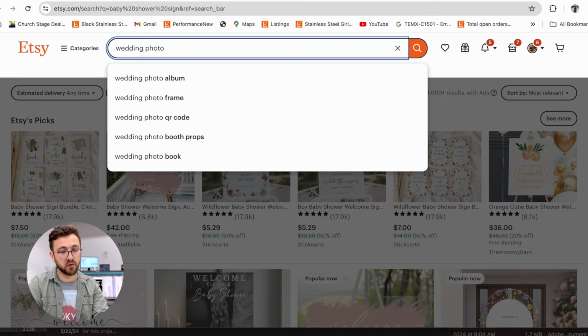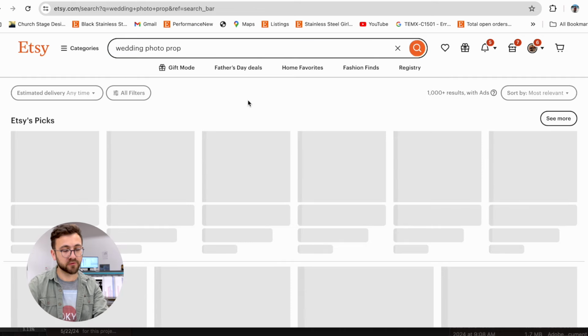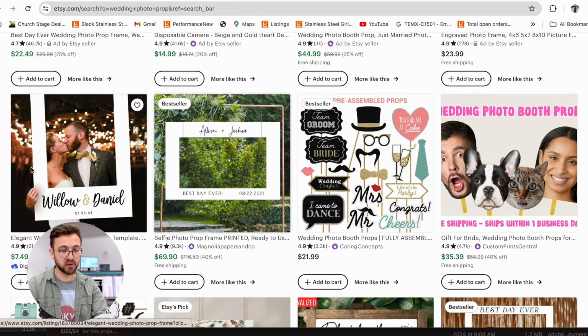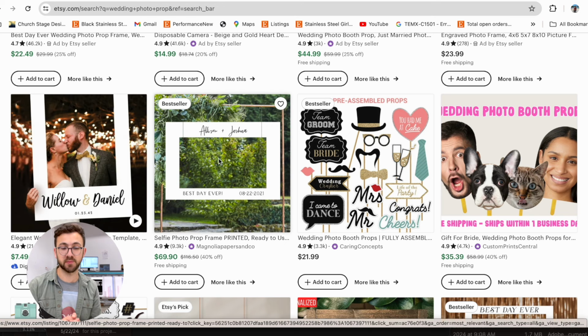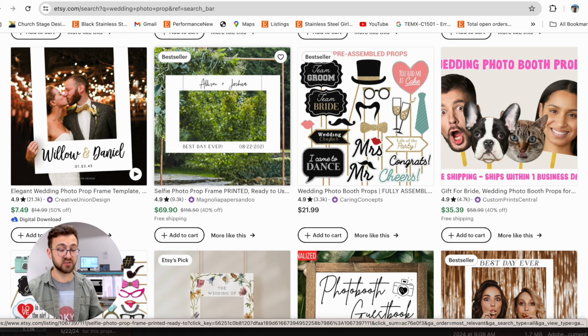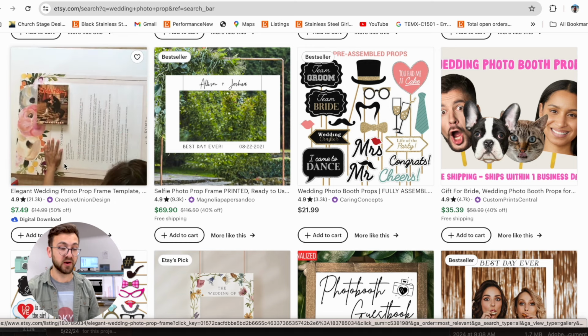photo prop or photo frame prop. I'm just doing a quick, yeah, like this. If you are printing it yourself, this is going to be kind of hard on the print on demand side, but if you are printing yourself, might as well cut these out, order some frames that are cut out. If you have a CO2 laser, obviously you can cut it yourself,